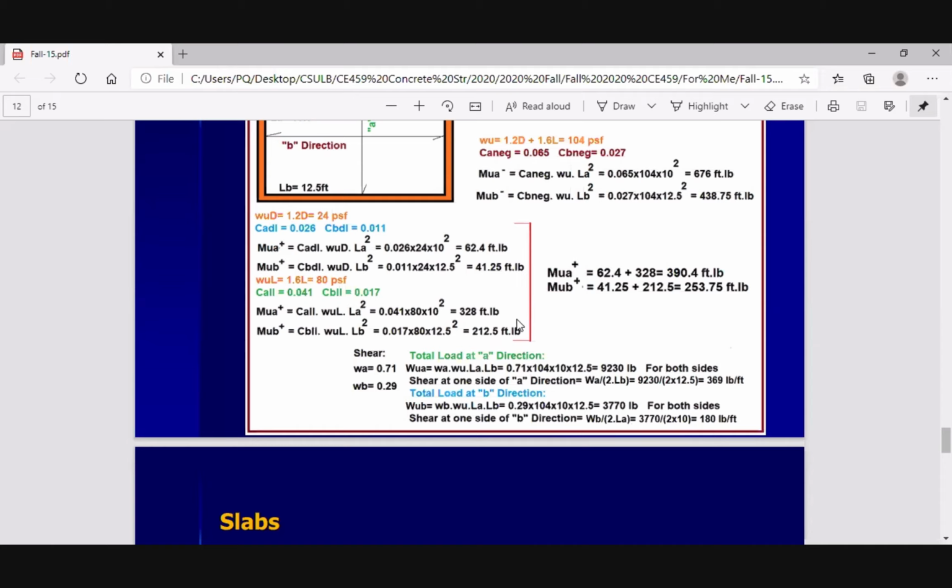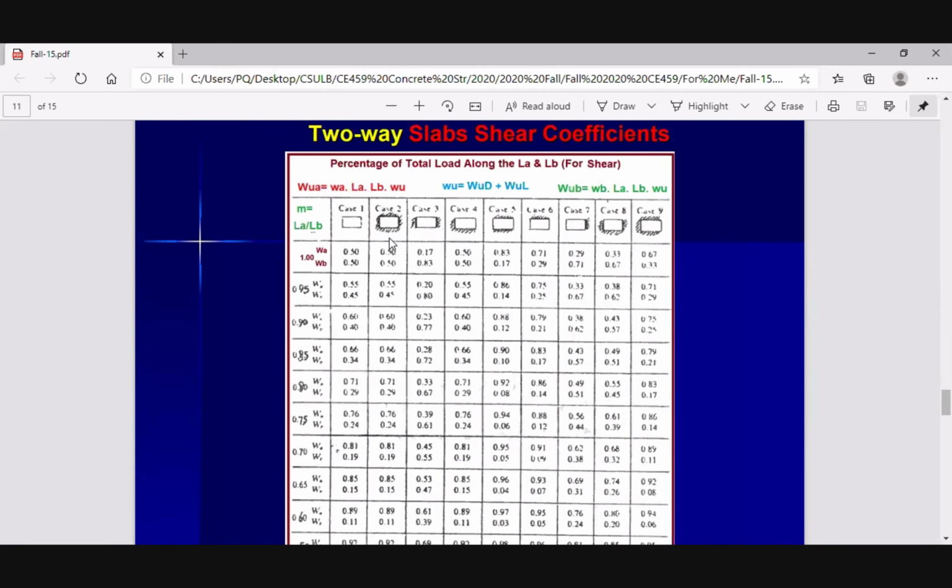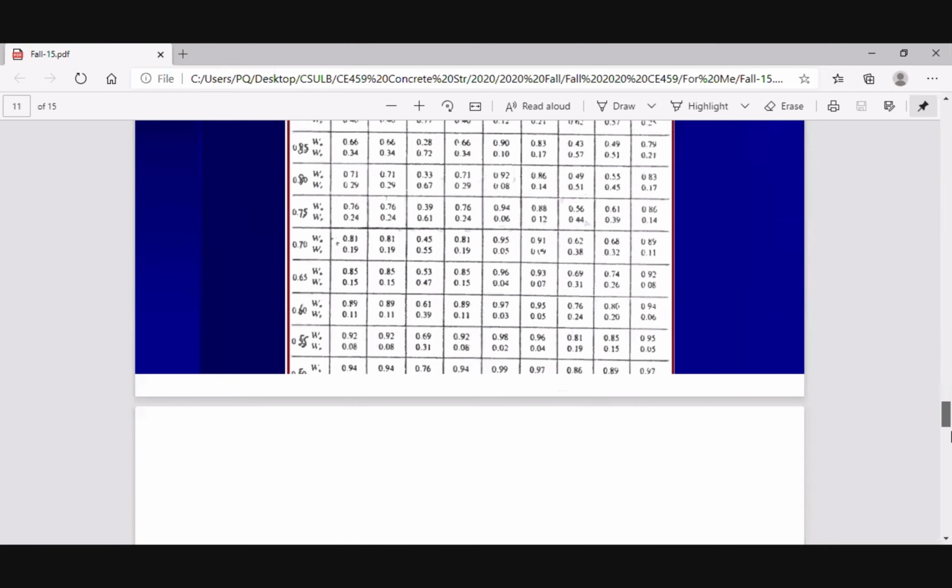And what's the total shear? If you go to the last table here for 0.8, look at this 0.8. 71% of the load will go to this direction, A direction, and 29% will go to the other side. And the total should be 100%. 0.71 plus 0.29 is 1. All of them must be 1. So 0.71 and 0.29, as you can see,